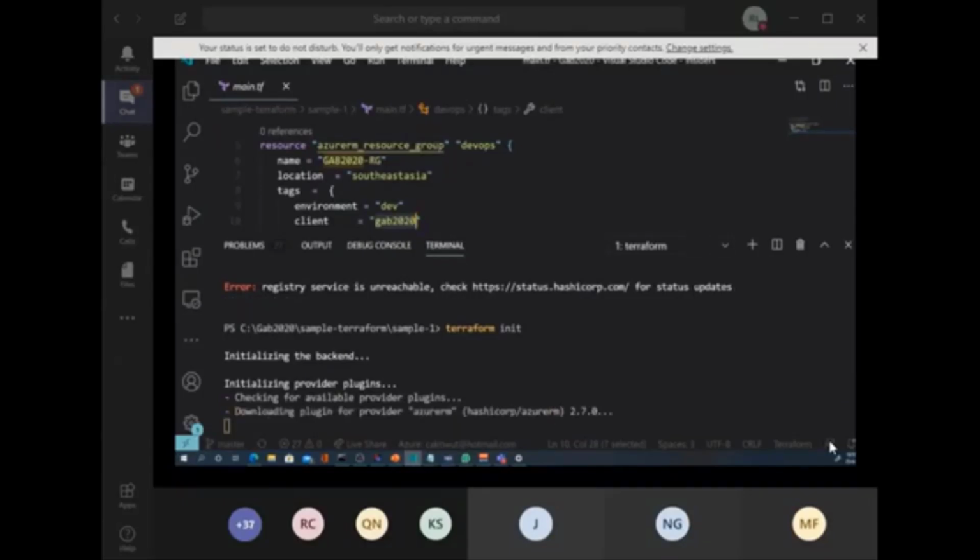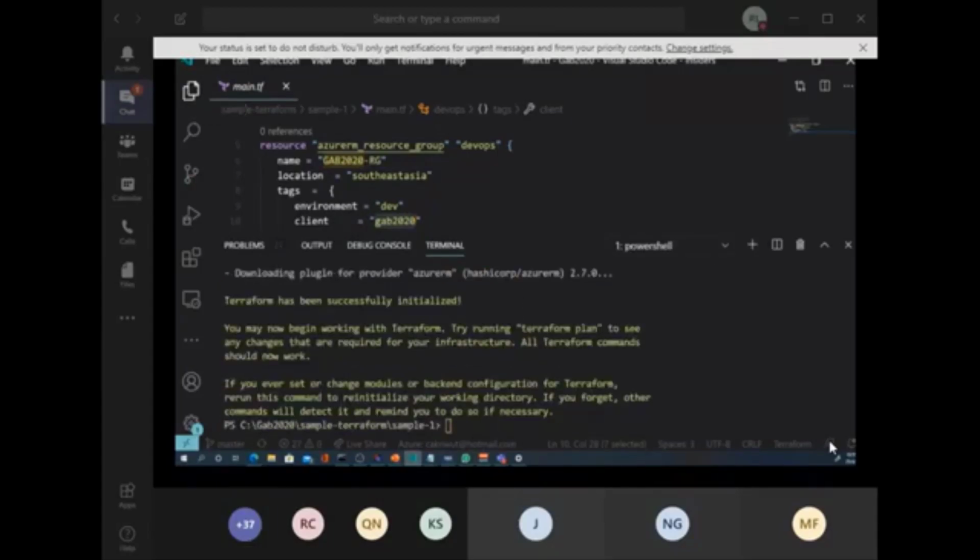Yeah, look at this one. It's downloading the AzureRM provider from the HashiCorp repository. It's just like any other repository. We have a .NET repository, but this one is for Terraform, right? While we are waiting for that, I will show you. Okay, so now